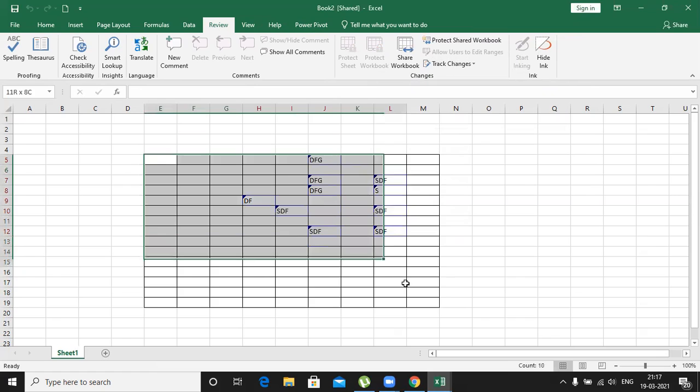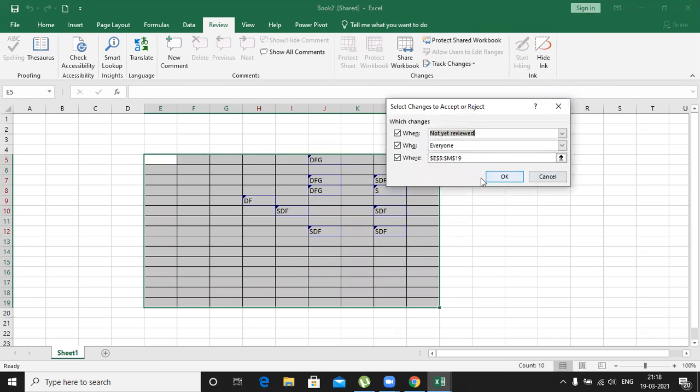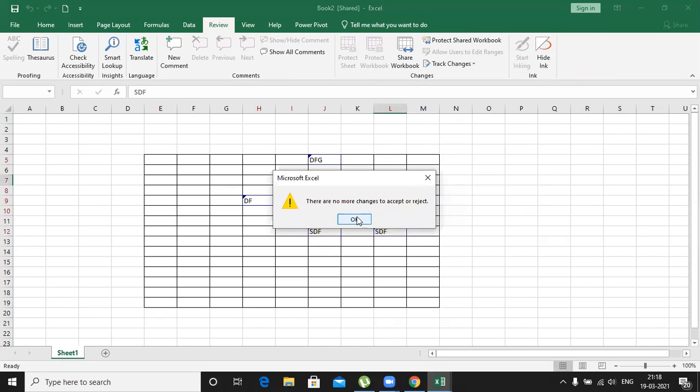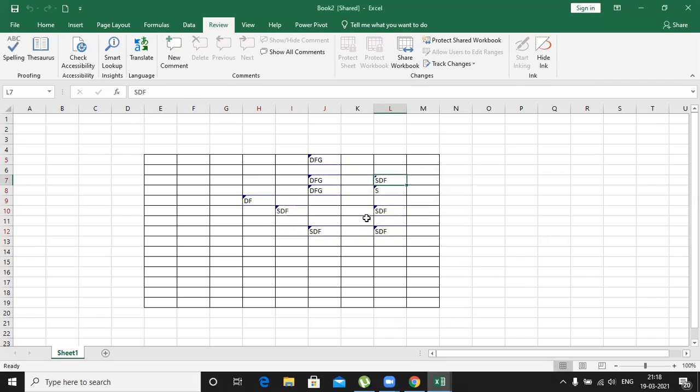But you select all that area, then remove. So there is no more accept the changes and reject the changes. Any doubts, ma?